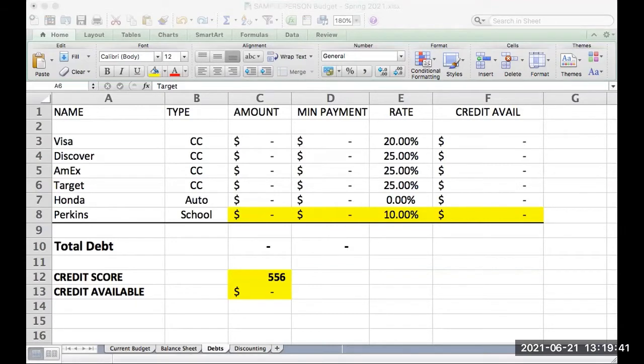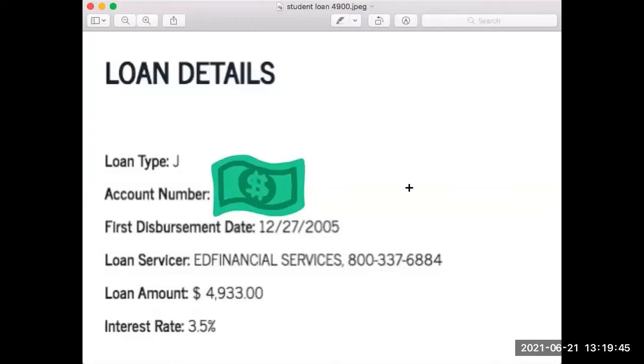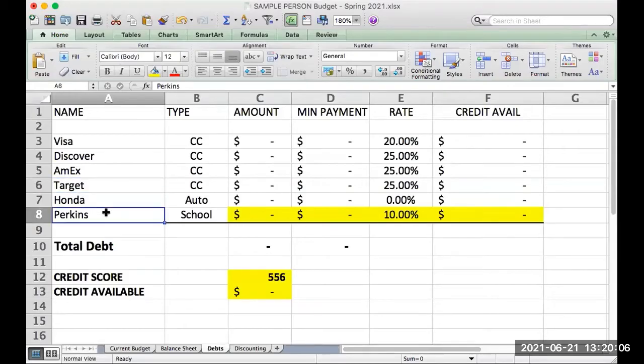So what we're going to do, we'll look at this first one here. This is a loan. Now I've tried to block out all the account info. This is from 2005. This tells you who the loan servicer is, but here's what we care about right now. The loan amount, $4,933, and the interest rate of 3.5%. So let's pop that over here. So we're going to say ED Financial. Well, this is a school loan, 4933,